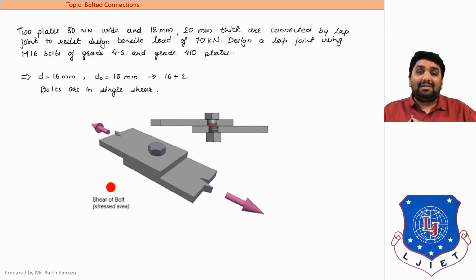So in each and every example, the first thing will be to identify the shear plane. It will not be given in the question. If it is given in the question, then well and good. But if it is not given in the question, then you need to assume or visualize how the loading will be acting, and on the basis of that you will be identifying the shear plane. Clear? So in this case shear plane will be 1.